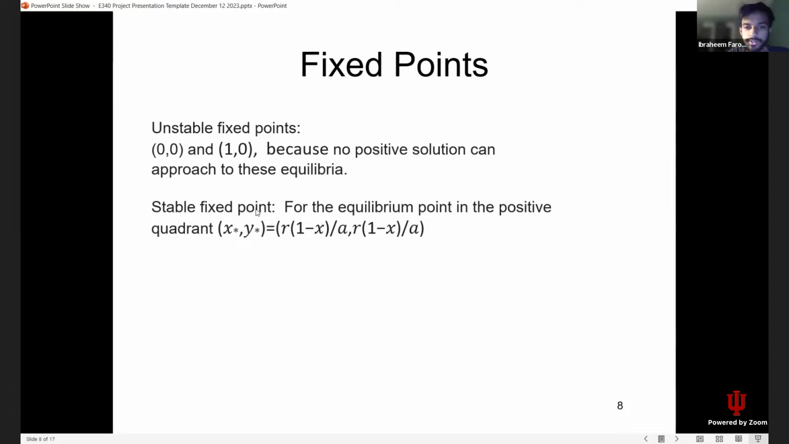And then you can also calculate the stable fixed point, which is dependent on the intrinsic growth rate. So when you actually do the calculations, there are stable fixed points in all 4 quadrants, but because this is a real life scenario, the only valuable fixed point is the one in the first quadrant. So the stable fixed point is dependent on the intrinsic growth rate of the system, as well as